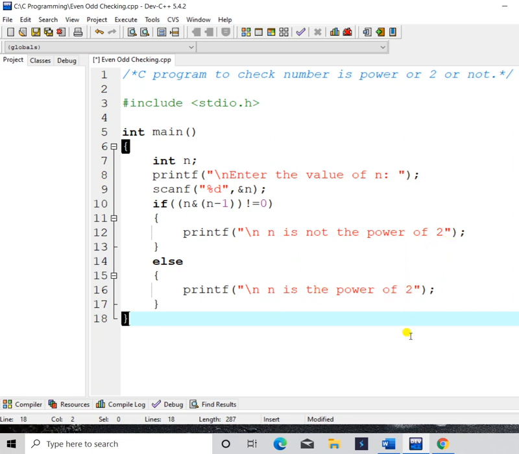So I am going to open my Word file, and here I am going to discuss.